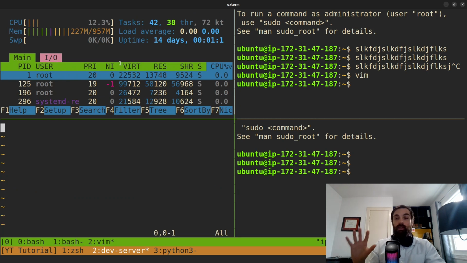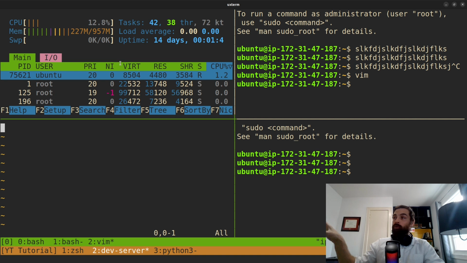So that allows us to keep things running. Let's say we're running a server, a FastAPI or a Flask or a Node Express server. We can have that running inside Tmux, detach from our Tmux session and log out, and that server will continue to run, which is a nice way to do it